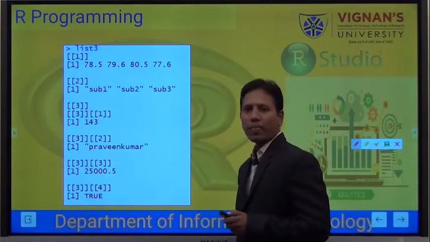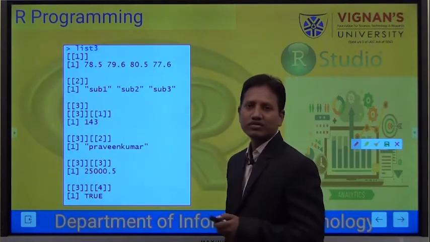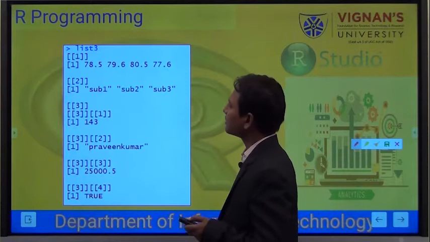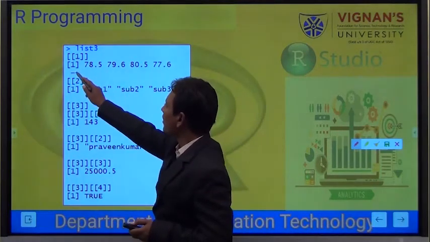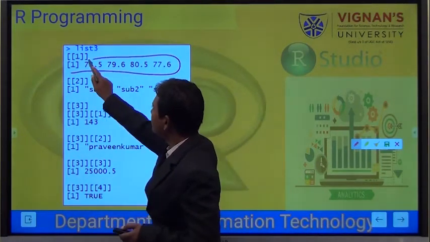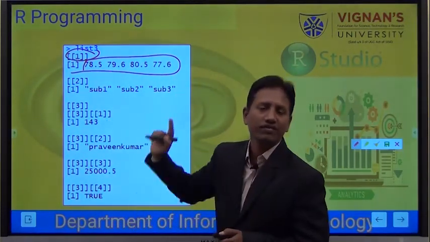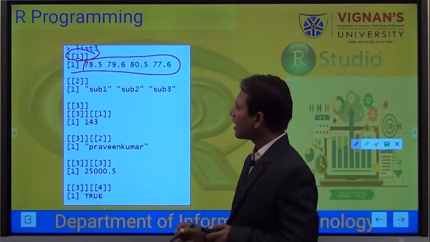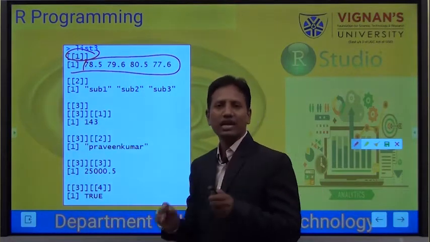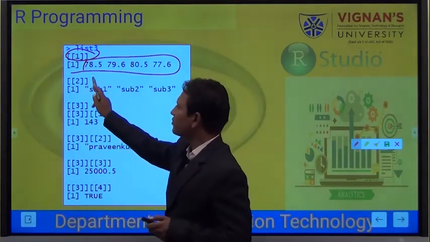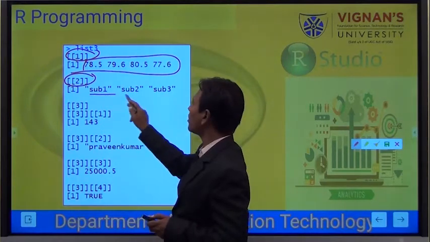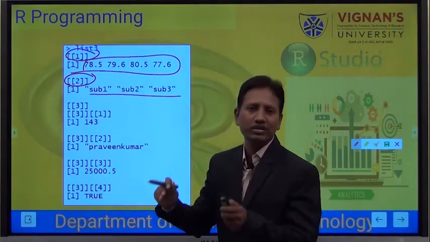So as I told you, our first item was a numerical vector, and these are the values, and this is represented with double brackets 1, the first list item. The second list item was a character vector, represented with 2 and all values of that vector.